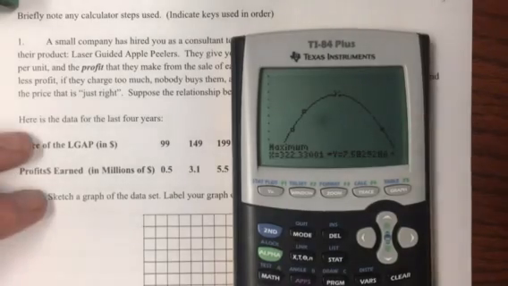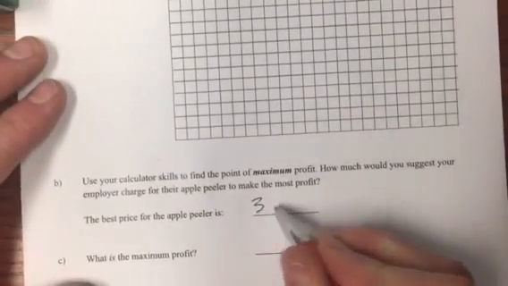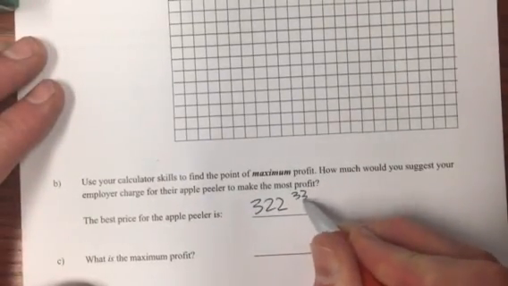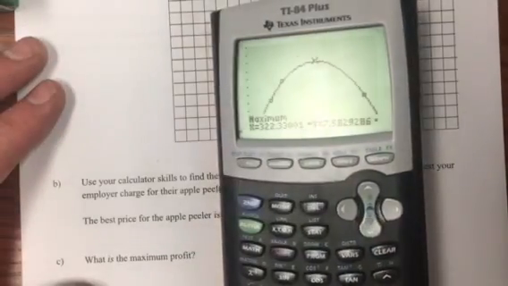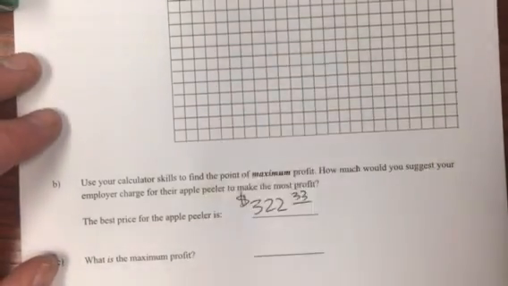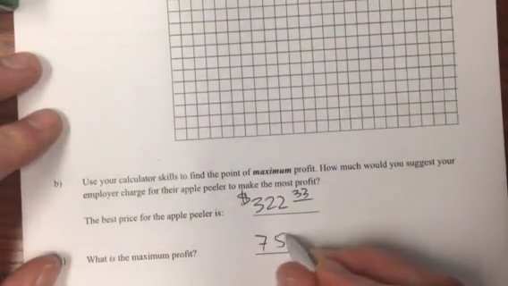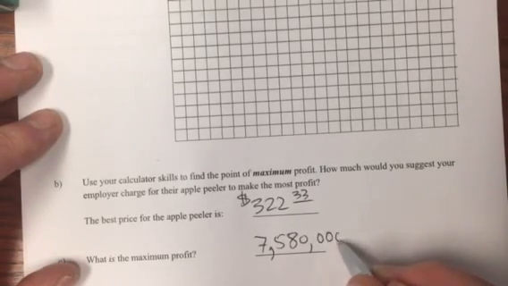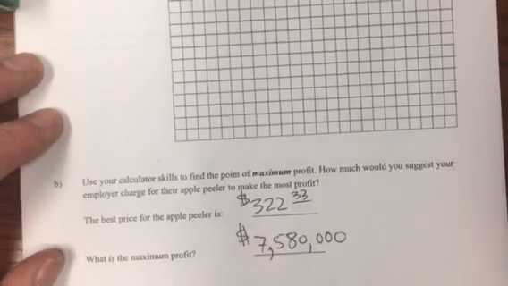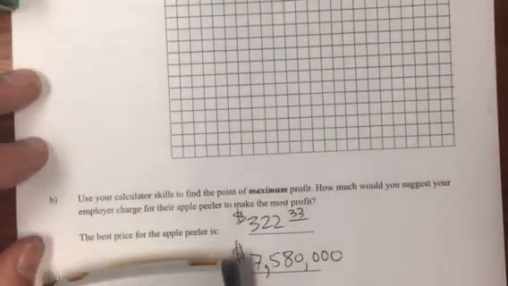That when x is 322.33, 322 and 33 cents, I'll get a profit of, what is that, about 7.58. 758, and what is it in millions? 7,580,000, something like that. I could copy out more decimal places, but in the interest of time, I would sketch a graph, and then I would label